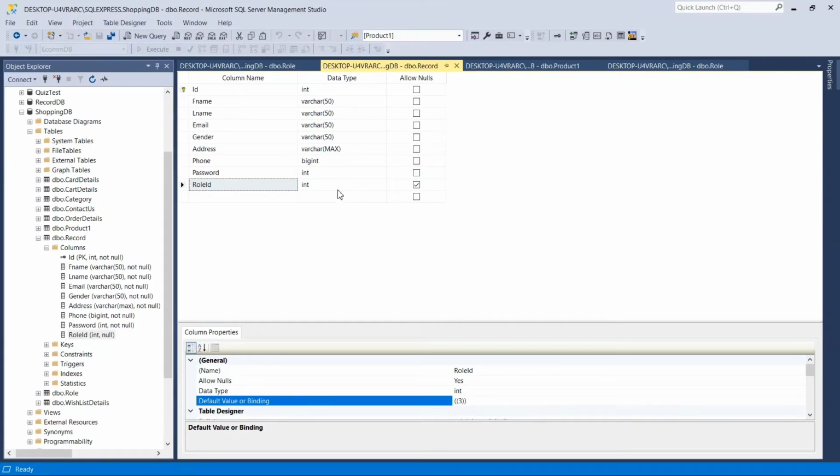If I pass any value to it, then it will take that value, or else it will insert 3 as the default value. So I am not going to pass any value, so it will take 3, that is a normal user login or registration. So let me tell you the whole process, how it works.